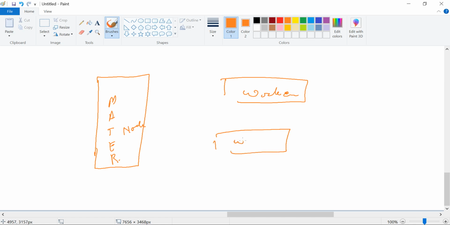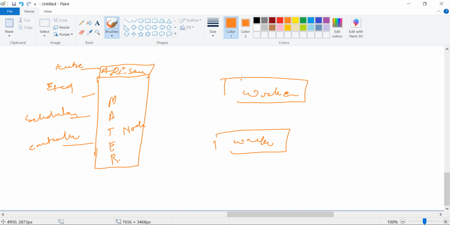In the master node we have etcd, we have the scheduler, the last one is the controller, and one of the main services is the kube API service.